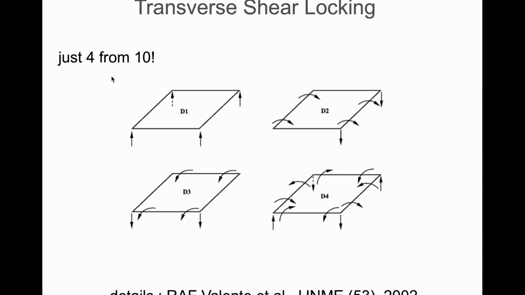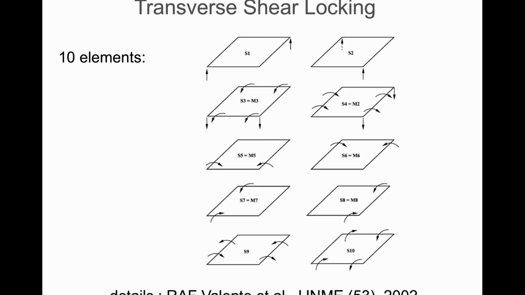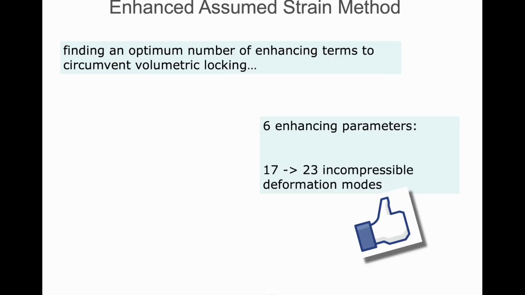So once again, we need to either use the reduced integration or use the enhanced strains like we did for the volumetric locking alleviation. So once again, we are going to create a new strain displacement operator and once again create new variables. The difference here is, if you recall what we did for the volumetric locking,